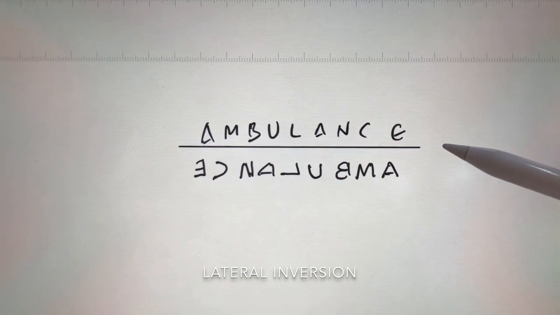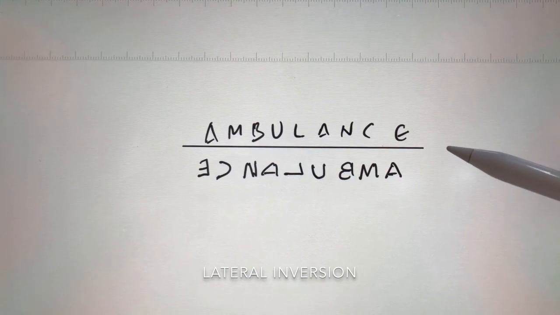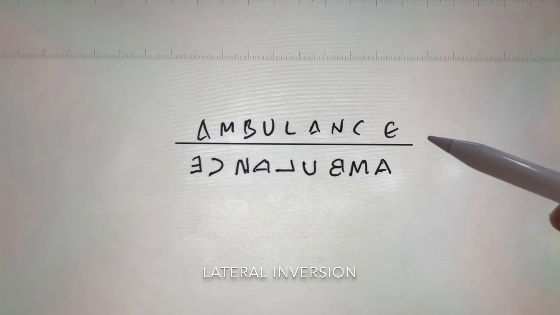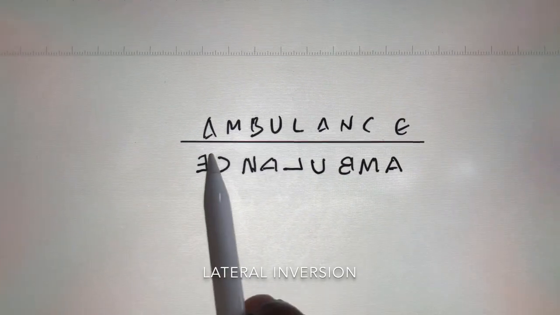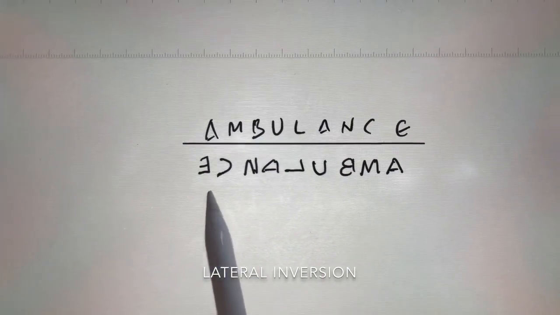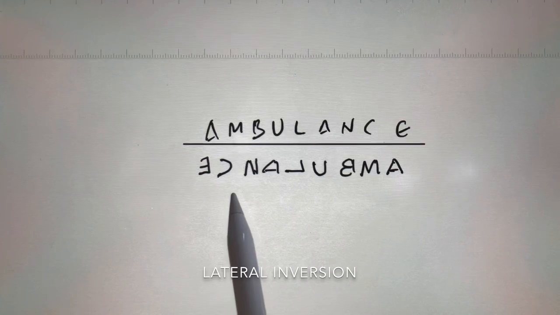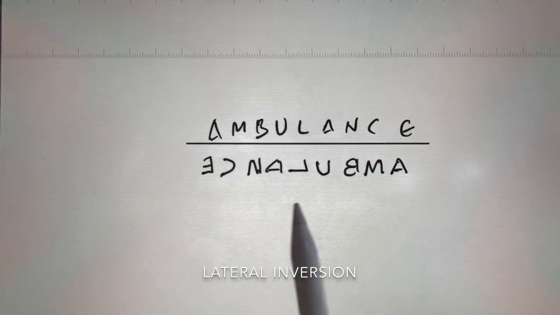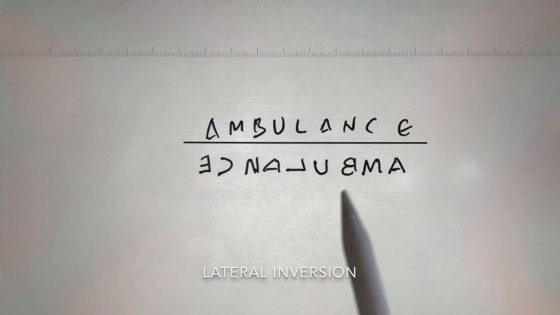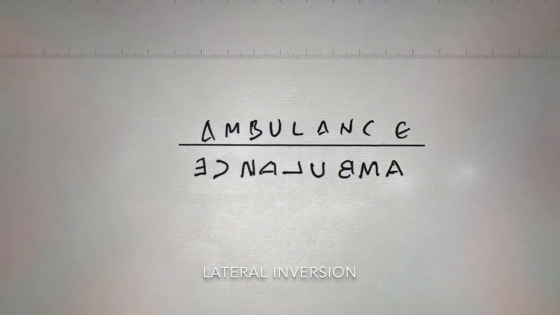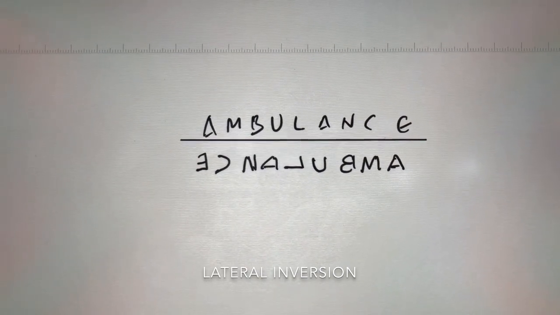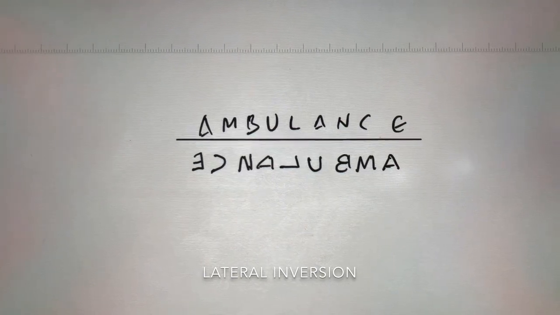The word ambulance is written like this on an actual ambulance so that when it gets reflected in the rear view mirror of a vehicle, it will appear to the driver to read ambulance. So just note that in lateral inversion, you not only laterally invert each individual alphabet, but first you need to laterally invert the word. Many times students make the mistake of laterally inverting A, but they will not change its position. So they will do the lateral inversion of A here, M here, B here, but that is going to be wrong, because you need to first laterally invert the word and then each alphabet in the word. You can try it for any random alphabets. They say Leonardo da Vinci was an expert in what he called mirror writing. That's something you can read about on the internet.